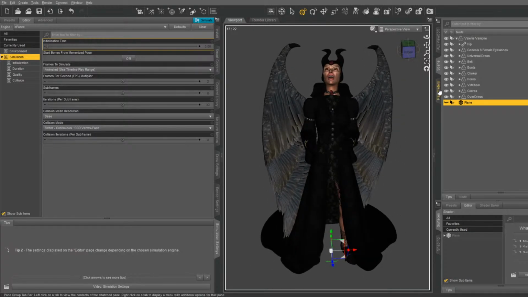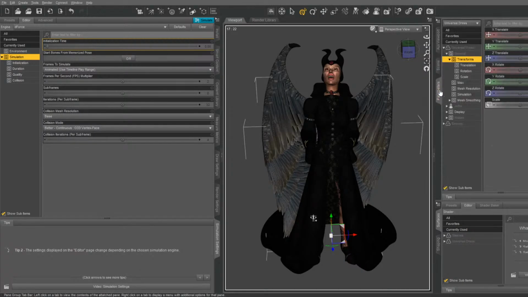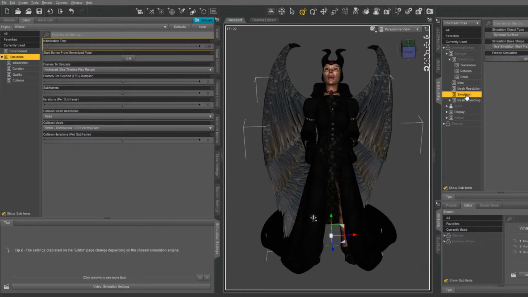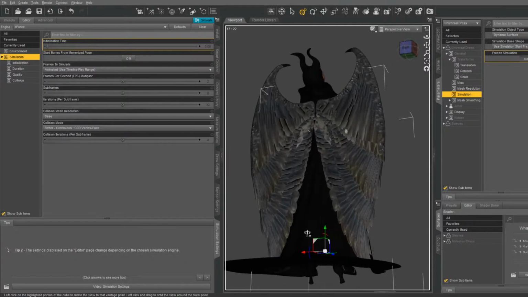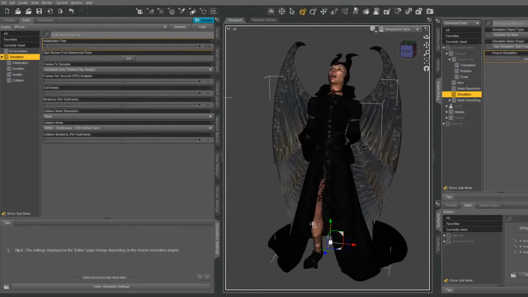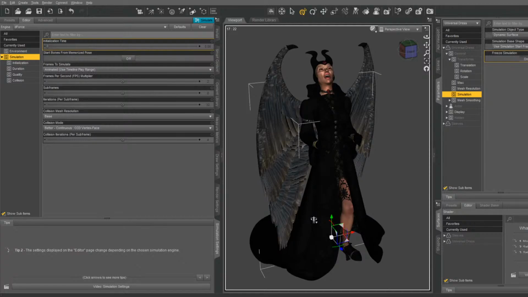So now we could lock the dress. Under the general tab, usually there's a simulation, free simulation. The wings are kind of intersecting, so we can't show that, or we gotta move them. All right,